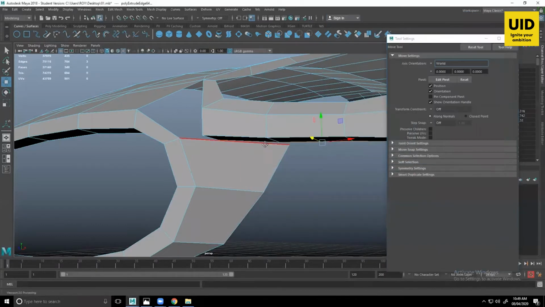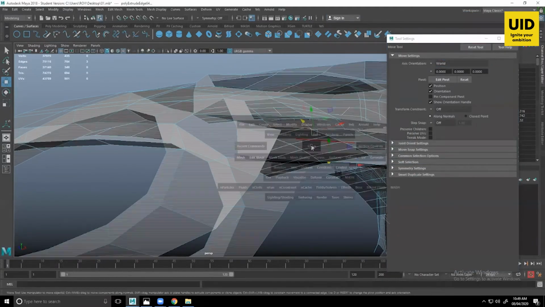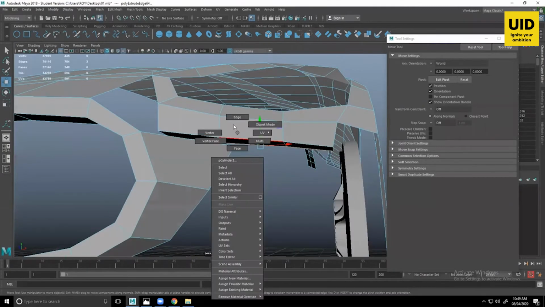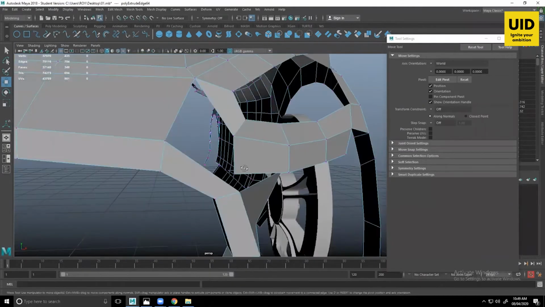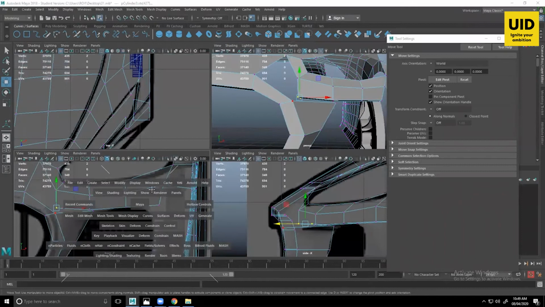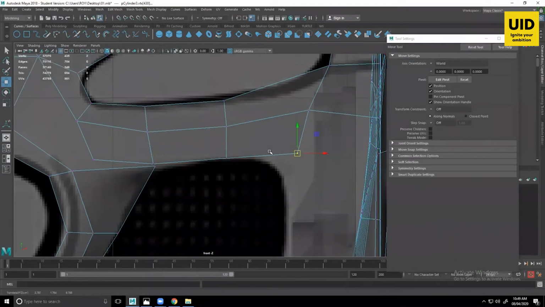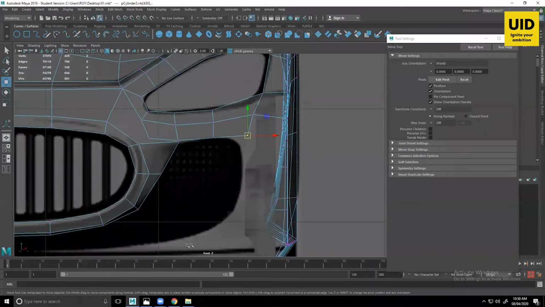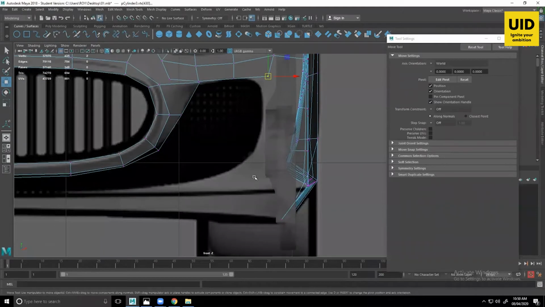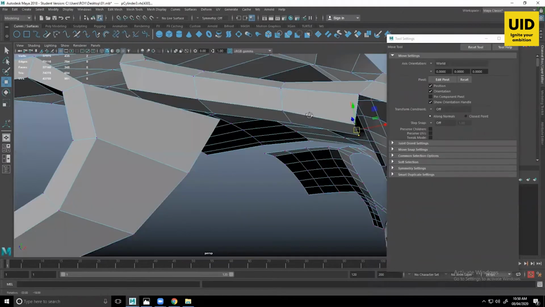Okay. So now let's just make the connection between these two. Let's pull it apart a little bit. This can go with this one, connect with this one. This can connect here. So we need to insert an edge loop over here. Then this can come rotating around this and we can create this part. Okay, let's worry about that later on.